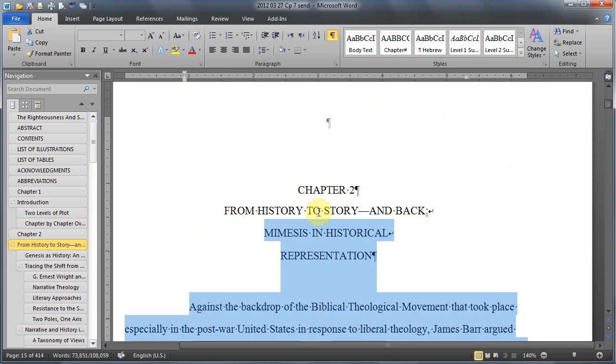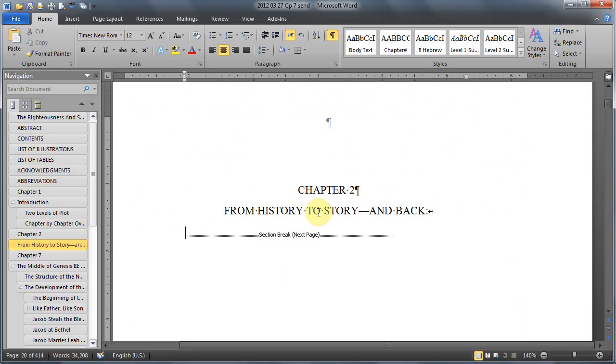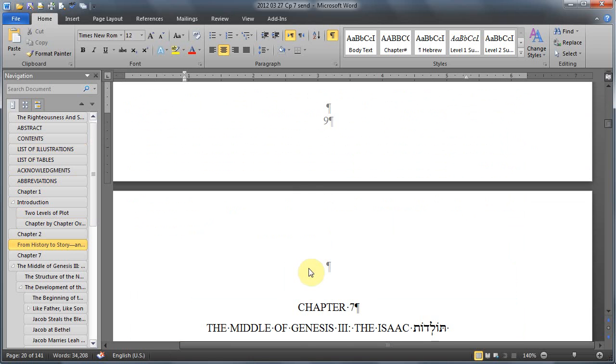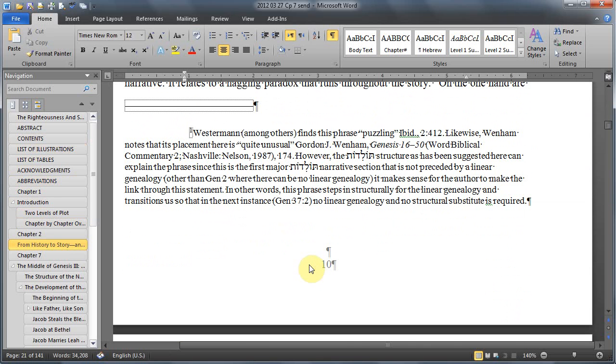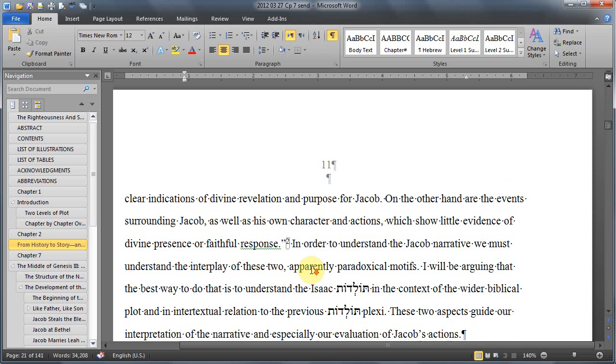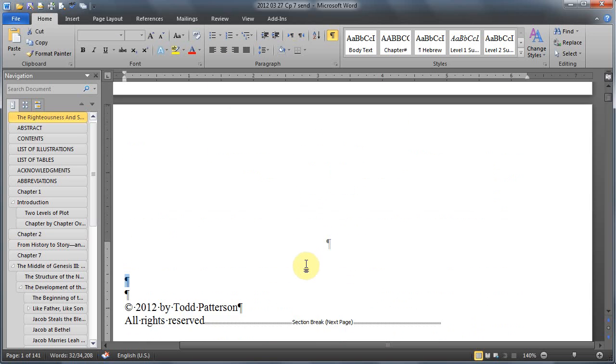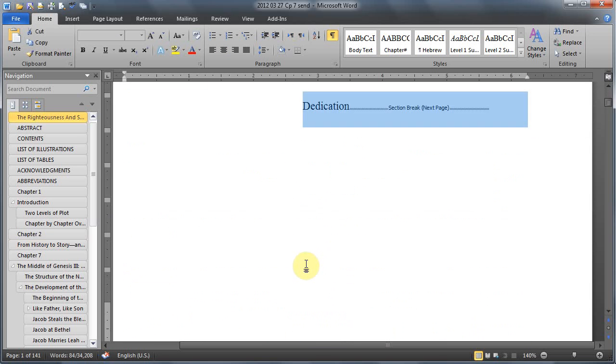And when I get to chapter 2, now I'm going to hit delete. And I'm going to come down and check chapter 7, page number at the bottom, page number at the top. That's good. Now I'm going to delete all of this beginning text right up until